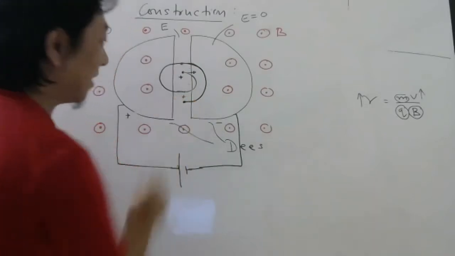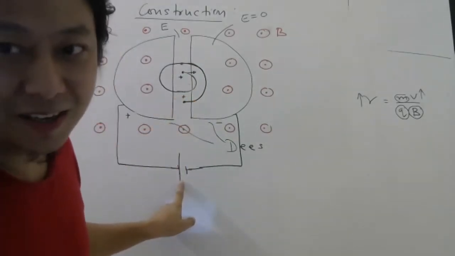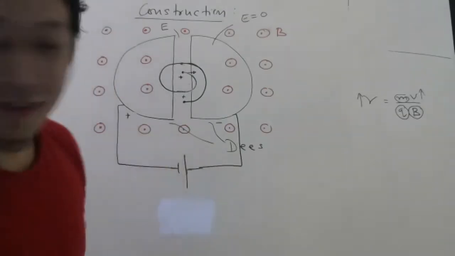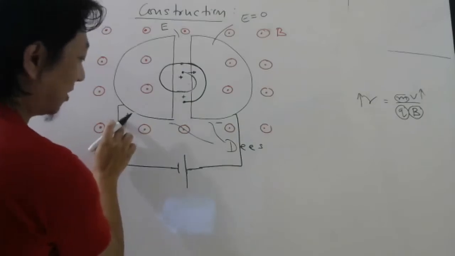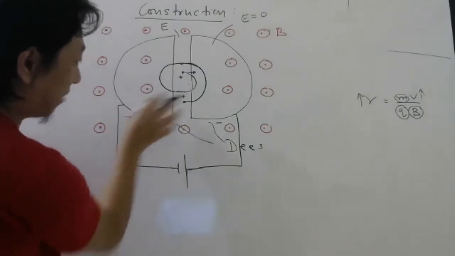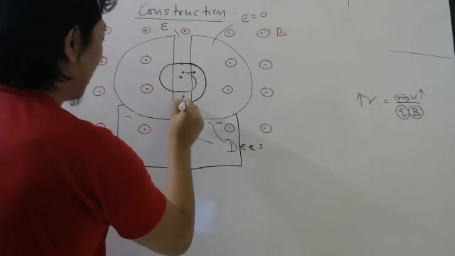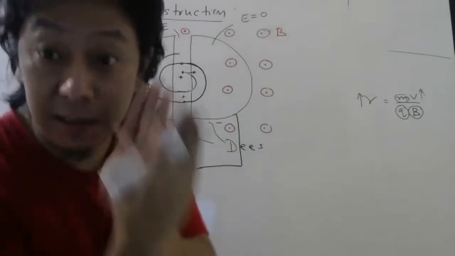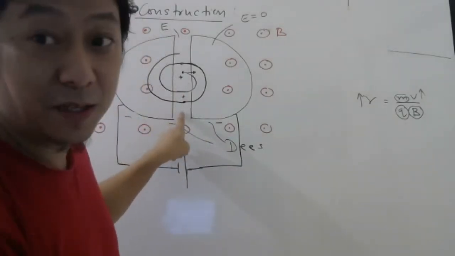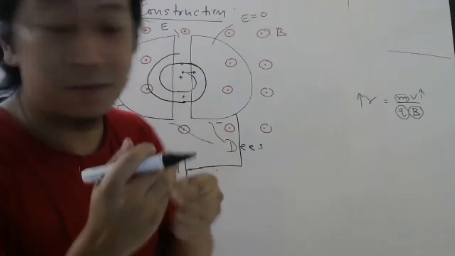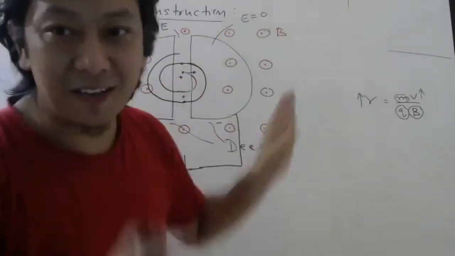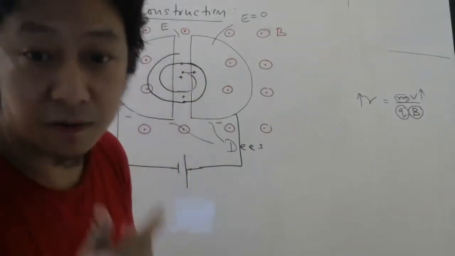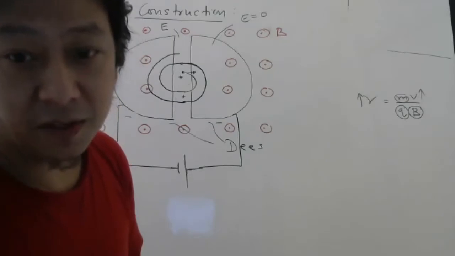Then again when it comes here, what should I do? Quickly you can tell, again you should change the terminals. Then again it will get a kick because now this is positive or negative? Now it is negative. So it will again attract. So like that, it will keep moving faster and faster every time it comes in between the D's. Inside the D, the electric field is 0, so inside the speed will not change. But every time it comes in this gap, somehow, it gets a kick.